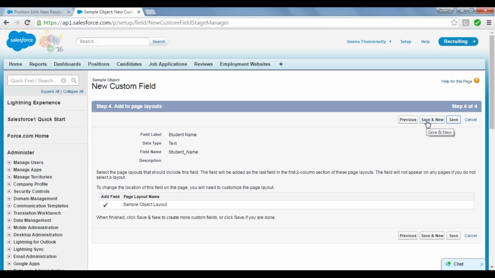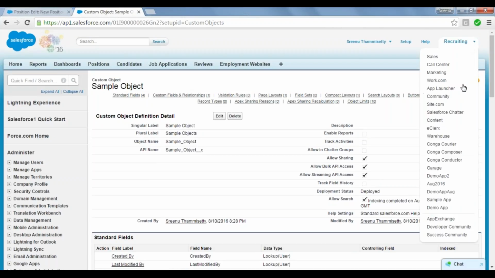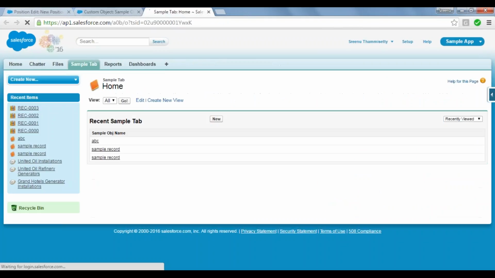If I click save and new, it will take me to the first step of creation of custom fields, that area. So I'm clicking save for now, and let's see what happened for my new custom object, that is sample objects. So sample object is on sample app. Go to sample app and click on sample tab,